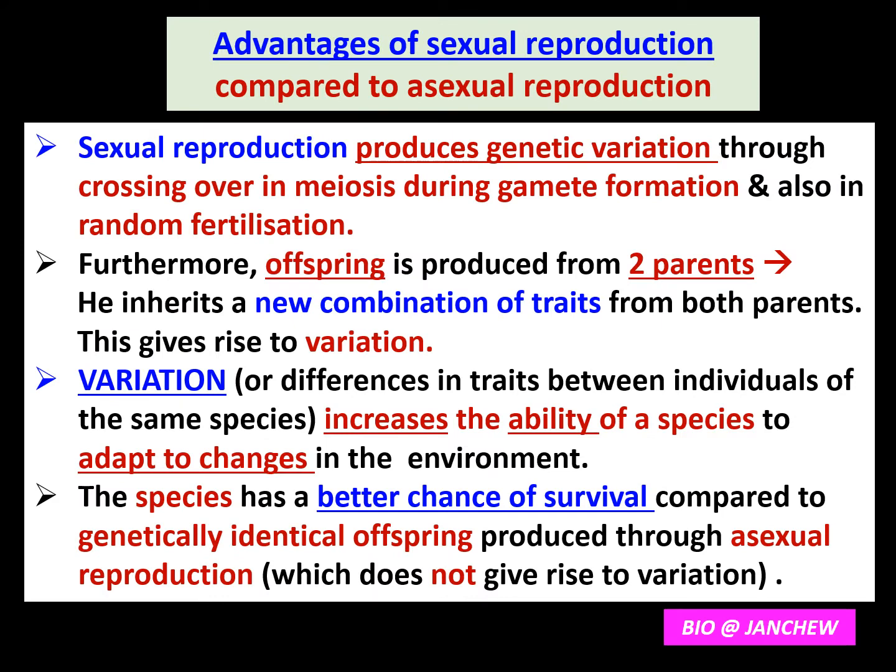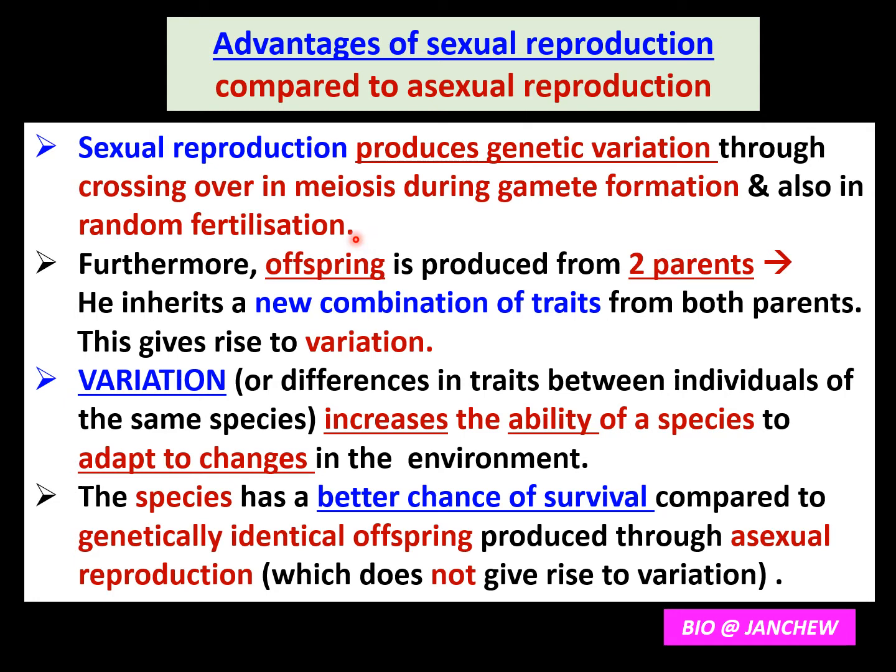Now we know that human beings only carry out sexual reproduction, and they do not carry out any asexual reproduction at all. So there must be some advantages of sexual reproduction compared to asexual reproduction. So the advantages are very important for our species. So sexual reproduction basically produces genetic variation through crossing over in meiosis during gamete formation, and also through random fertilization,